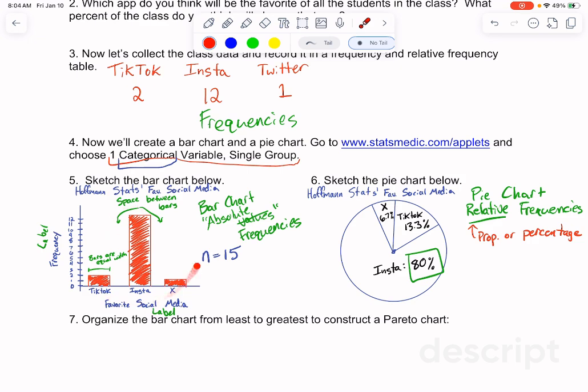So if I compared our class to that college class and I was only looking at absolute frequencies, I would go, oh, that Instagram, it only had 12 people who liked it in the Hoffman stats class, but in the college class, it had 400 people who liked it. Well, that's not exactly fair. We're trying to compare that n equals 15 to a sample size of much more people, n equals 500.